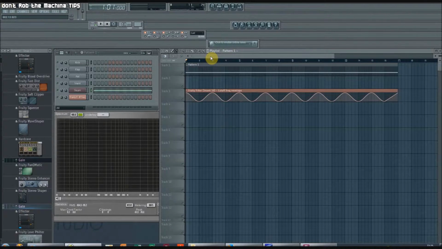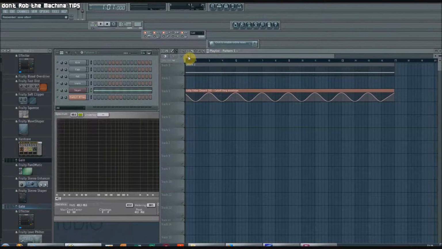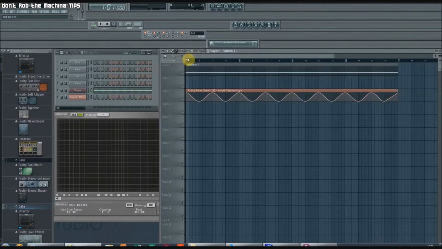I thought I'd do a quick tip or trick, not a trick really, but just a little bit of advice if you're using FL Studio. It's something that I only learnt recently, which is insane really. I've been using it for so long. But anyway,